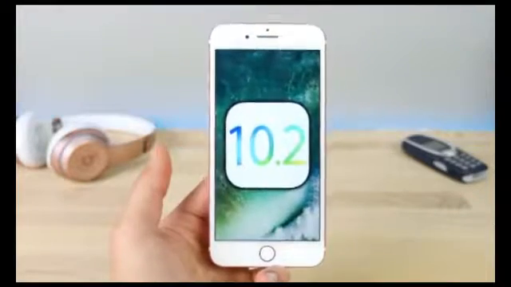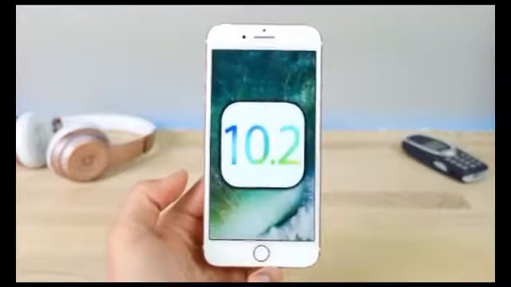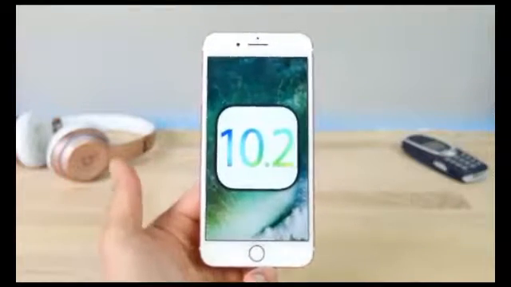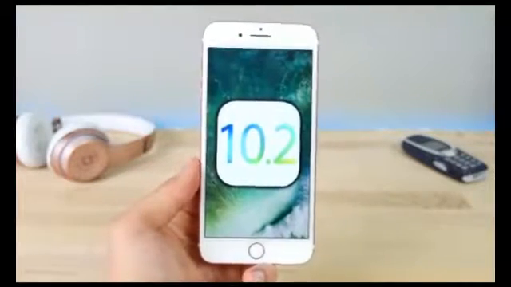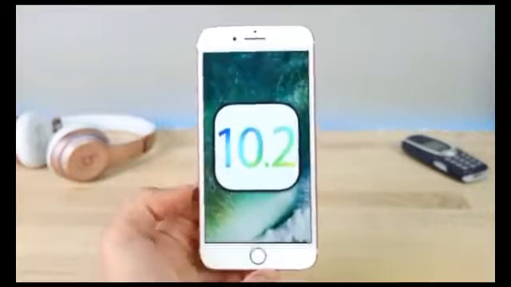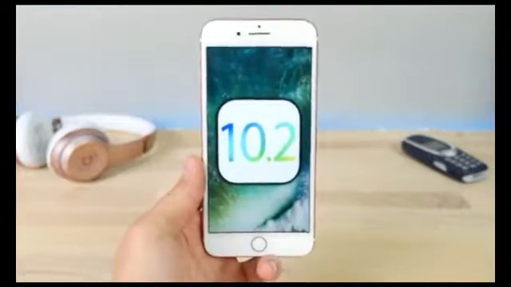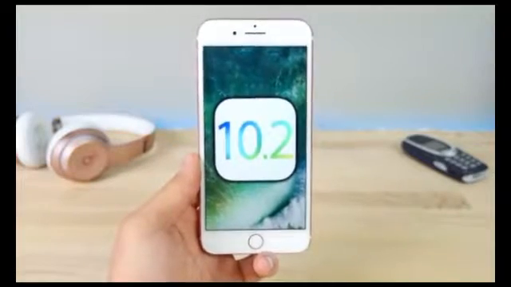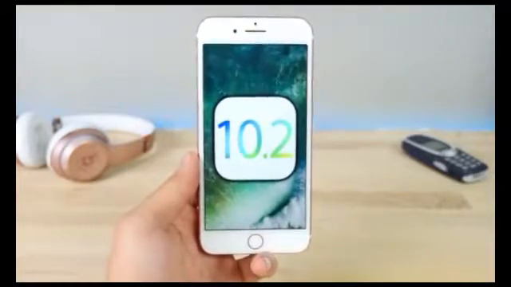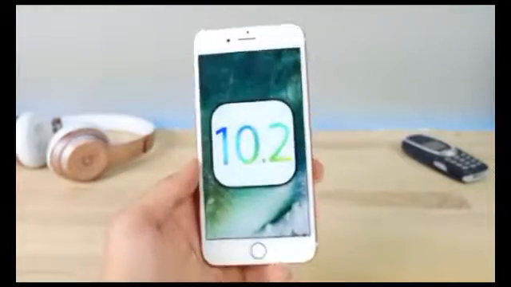Release. So Apple just released iOS 10.2 Developer Beta 1, meaning not everybody's going to get this, only if you're a developer. But this update is fantastic. Out of nowhere, Apple came and delivered an update with actual new features. So in this video, I'm going to show you 15 new features and changes that Apple included in this latest